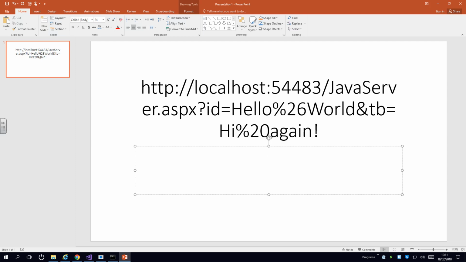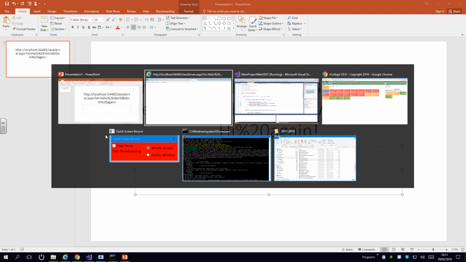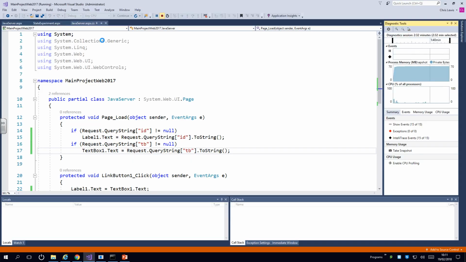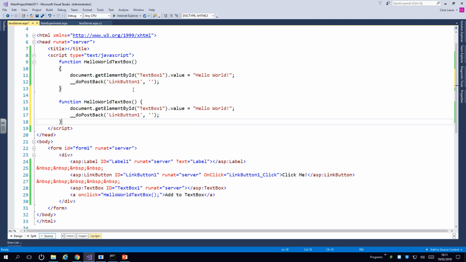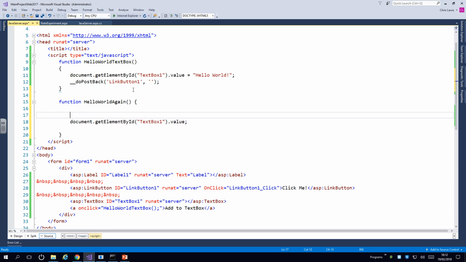So what we could do is, when we've got some data in JavaScript, we could post back to the server by changing the URL and setting the URL's query string. So that's the next thing we're going to do. We're going to write another piece of code in JavaScript. This time I'm going to say hello world again. And what I'm going to do is whatever the document value is in there,